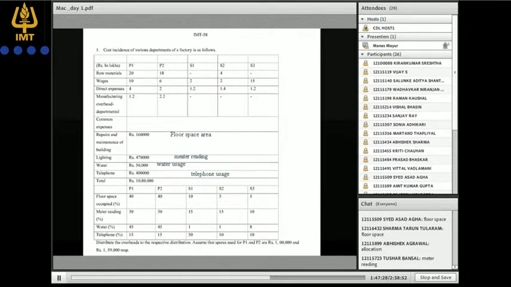Now in order to apportion these common costs, you need to find out in percentage how much P1 is occupying, P2 is occupying, and the service departments are occupying. Now here you can see P1 occupies 40% of the space, so it should also share 40% of repair and maintenance cost of the building. Are you getting this? Since P1 occupies 40% of total space, it would also share 40% of the total repair cost of 1,60,000, which will become how much?